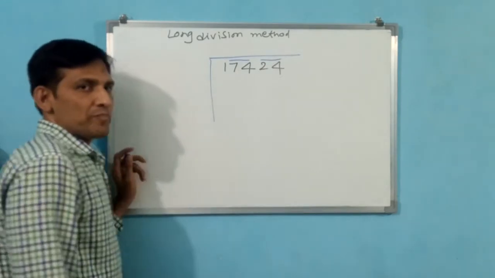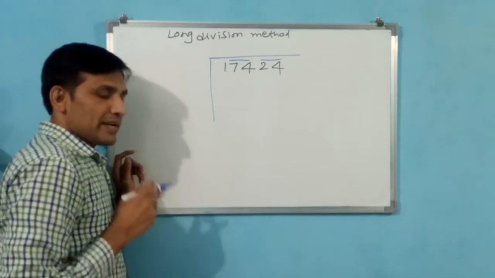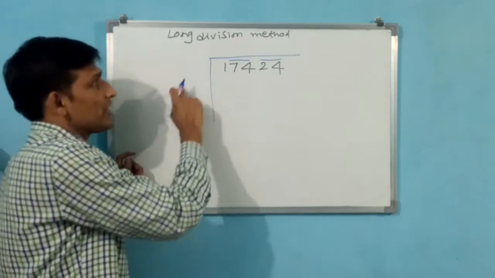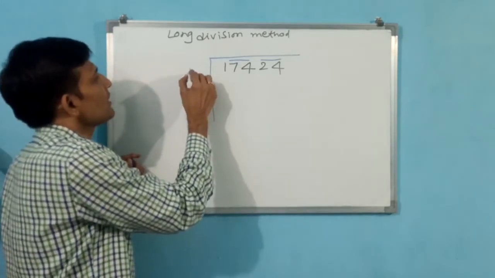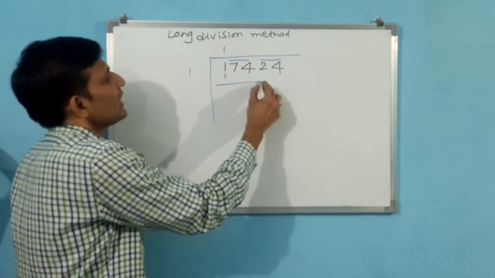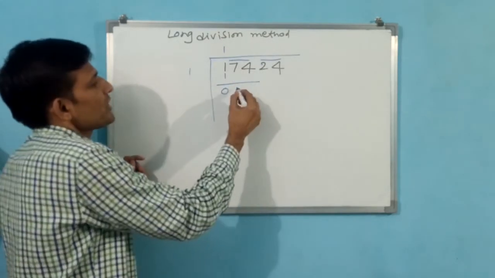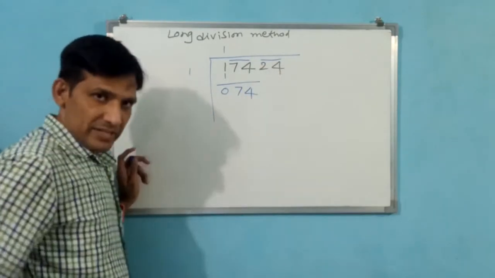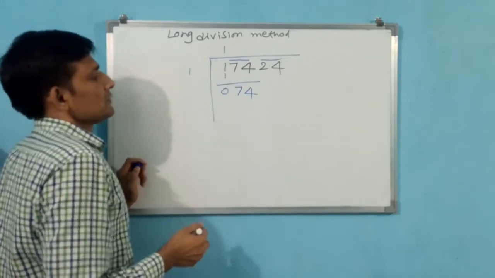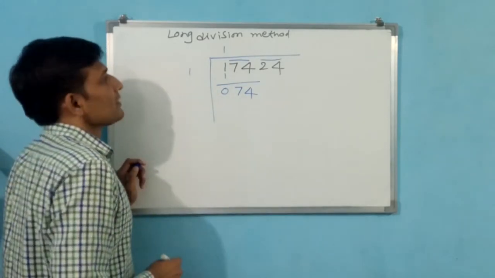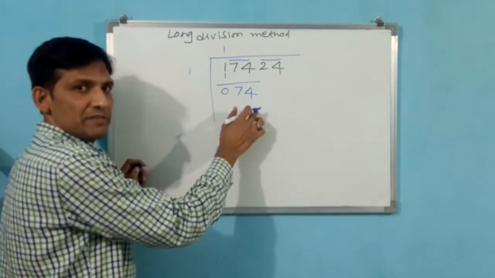Okay. Now first digit you multiply, you divide. But while dividing, you see what is that figure? 1 into 1, 1. 2 into 2, 4. 4 is bigger than 1. That is why you have to take 1 into 1, 1. 0. Next 2 digits you have to take down. That is why this pairing has been done. 2 digits if you take down, 74 has come. If here some number is there, means 2 is there, 274 will come, but now it is 0, that is why 74.